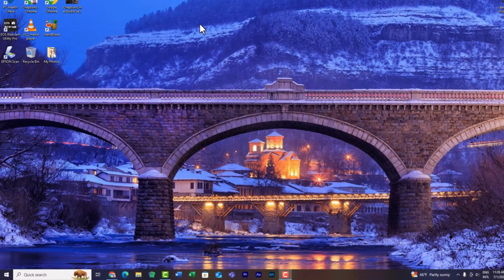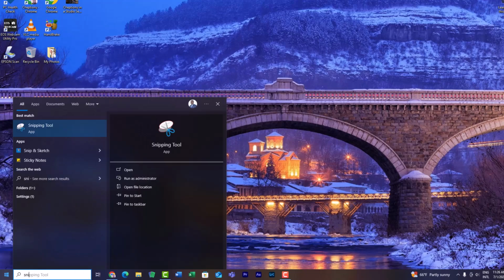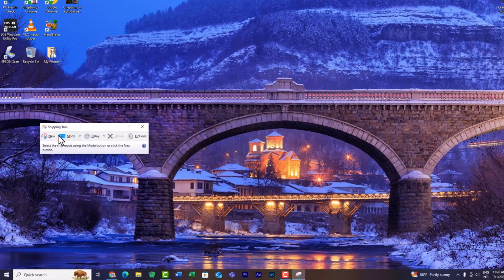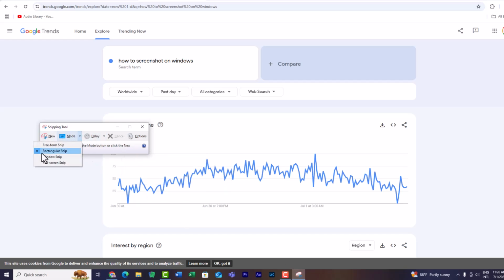The second way that you can screenshot on Windows is using the Snipping Tool. This is a free tool that comes built in on Windows. So to screenshot using the Snipping Tool, go to Start and search for Snipping Tool. Select Snipping Tool and choose a window that you'd like to screenshot. Then select the Snipping Tool, then choose different modes. We have rectangular snip, full-screen snip, freeform snip,